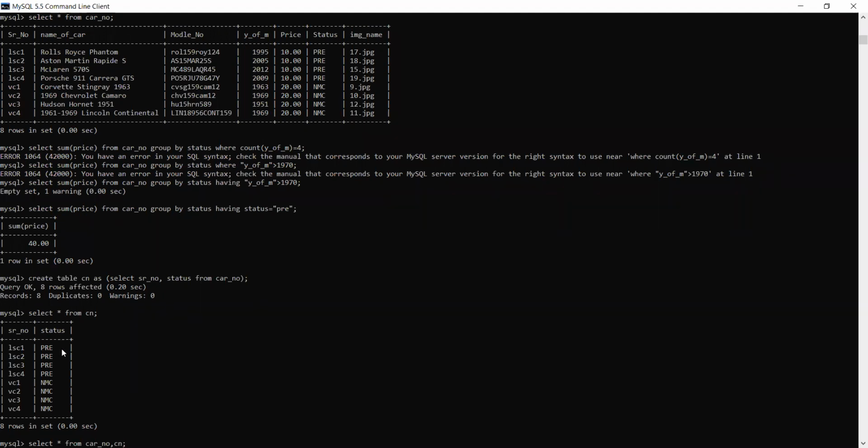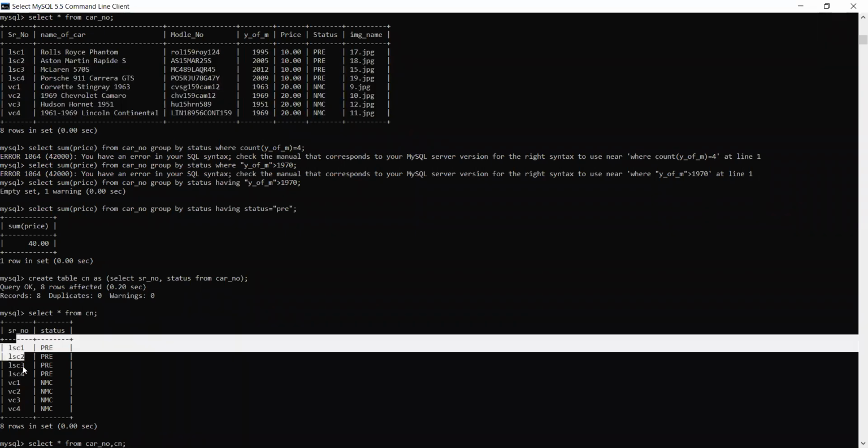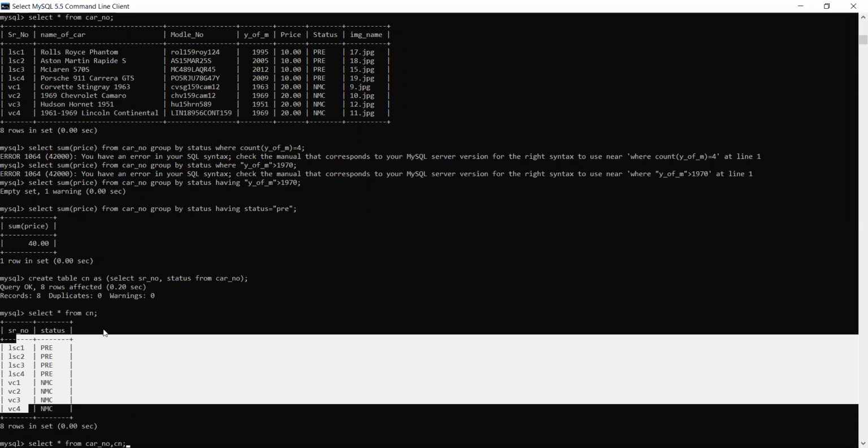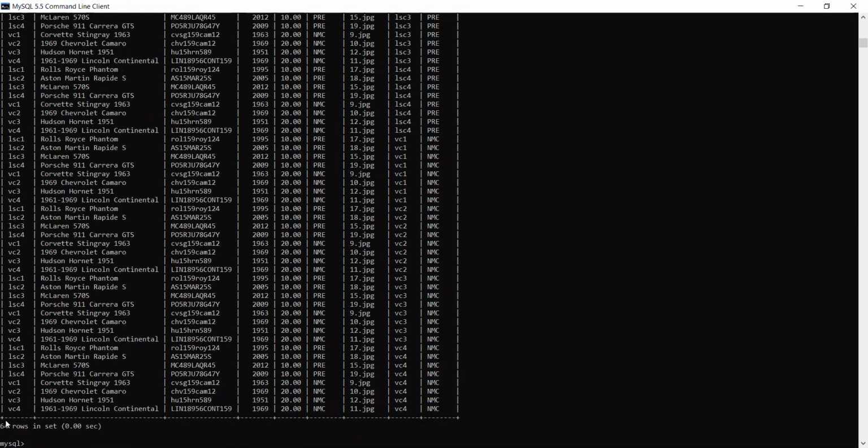Now see, two things you have to keep in your mind whenever we are doing cross join or Cartesian product. Columns will be added and rows will be multiplied. You have to count how many columns are there. For example, 1, 2, 3, 4, 5, 6, 7 and 2 over here, 8, 9. So total you will be getting 9 columns. And rows will be multiplied. Here you have 8 rows and here also 8 rows, so 8 into 8, 64. You can see here you are getting 64 rows and 9 columns.